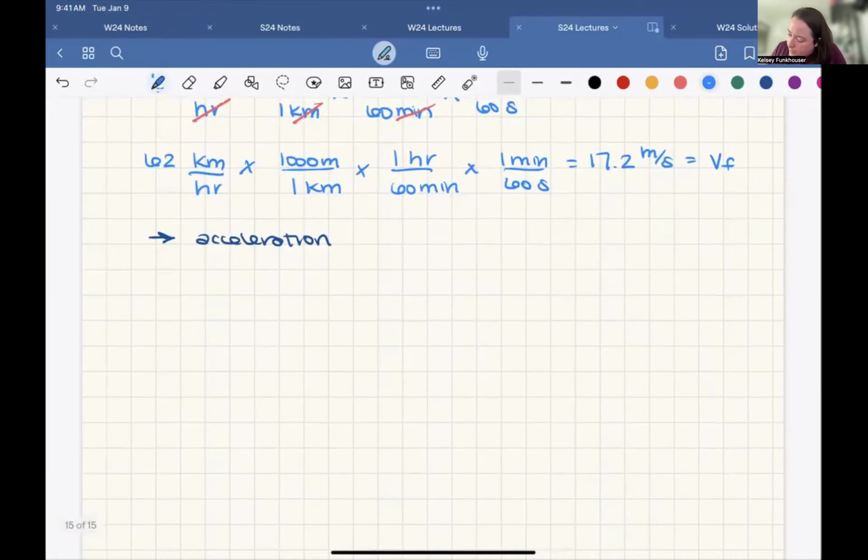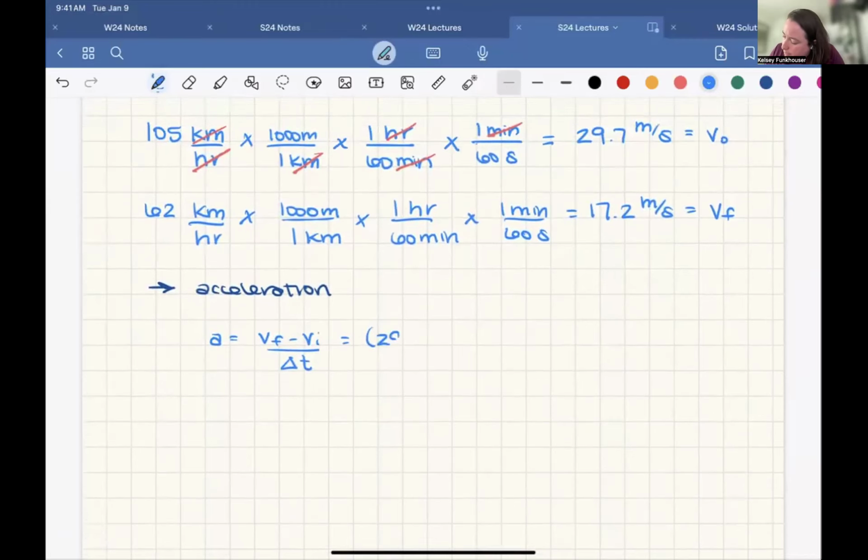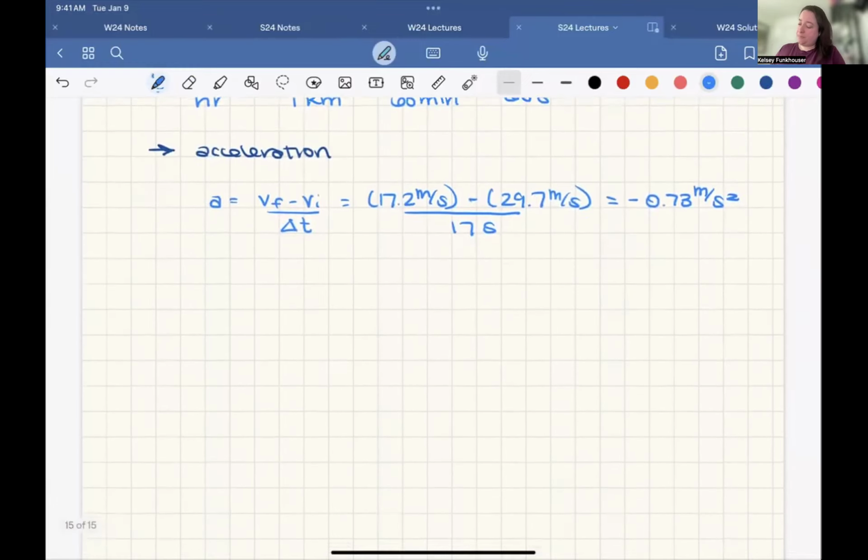So the equation for that again was the final velocity minus the initial over the time interval. Final velocity just found 29.7 meters per second minus, sorry, that's the initial velocity. Final velocity is 17.2 meters per second minus 29.7 meters per second divided by 17 seconds. And this gives us an acceleration of negative 0.73 meters per second squared. So now,